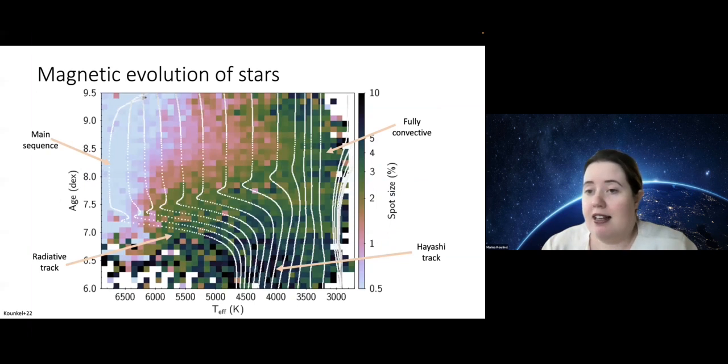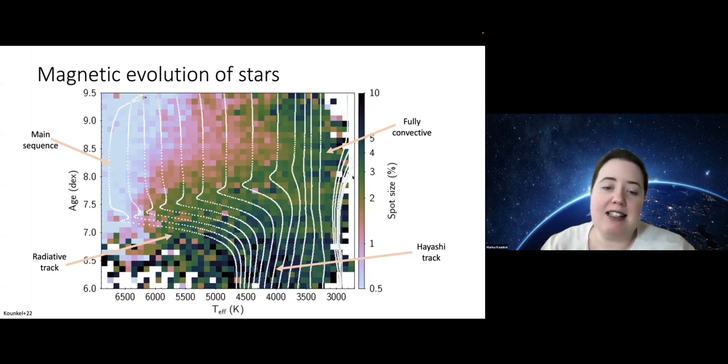Magnetic activity is a strong indicator of age. Young stars start out fully convective. Convection generates dynamos in a star that create a strong magnetic field, and the magnetic field precipitously decreases over time. Magnetic field is not something that is easy to measure directly, but it impacts many aspects of a star. For example, through magnetic fields, you are forming spots on the star's surface.